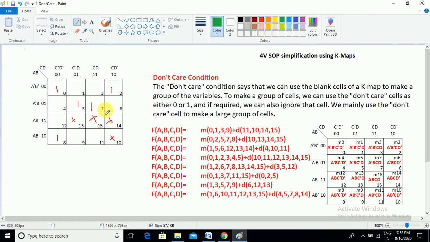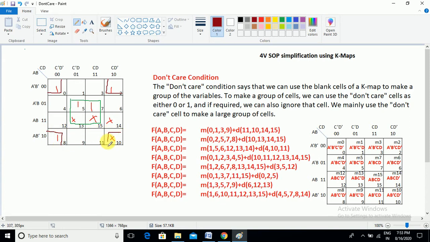Let's move to the easy grouping. 5 and 7 are selected as min terms. If you include 13 and 15, we can create a 4 cell grouping. Then think about 0, 2 and 8, which are selected as min terms, and we can create a corner mapping if 10 is also selected. 10 is a don't care condition, so we can consider it in our grouping as a corner cell grouping. You know how to do the corner cell groups. If all corners are selected, then we can create a separate group for them. Now this also becomes a 4 cell grouping.